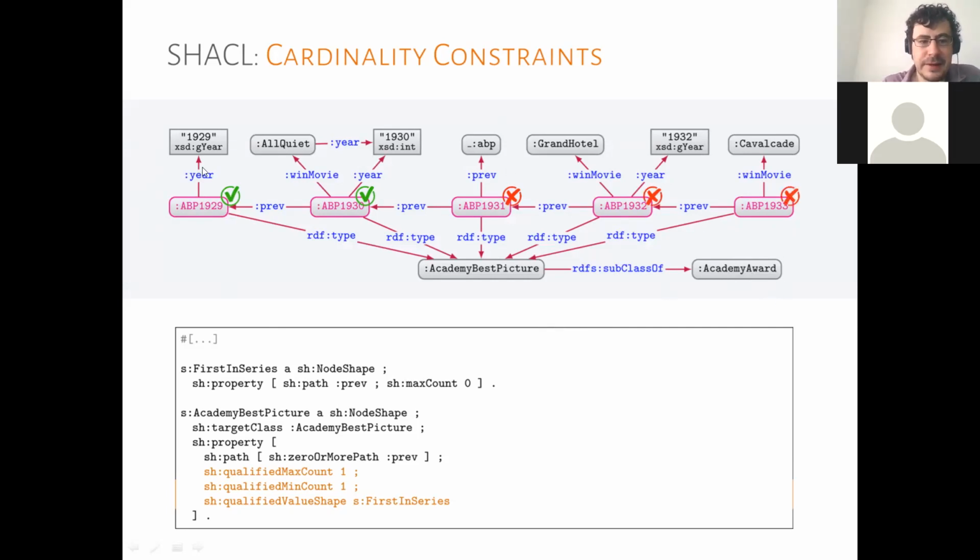So we see that the first two pass, and then these ones fail here because they have more than one previous, because of this weird previous node here. So the point being that with qualified max count and qualified min count, we only count the nodes that satisfy the shape. In this case, we're saying that each has precisely one that satisfies the shape, saying that the node has no previous